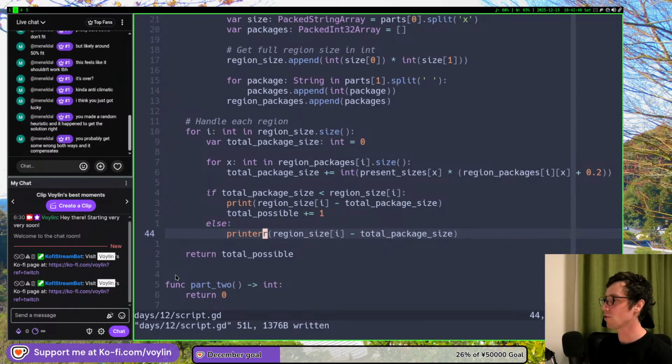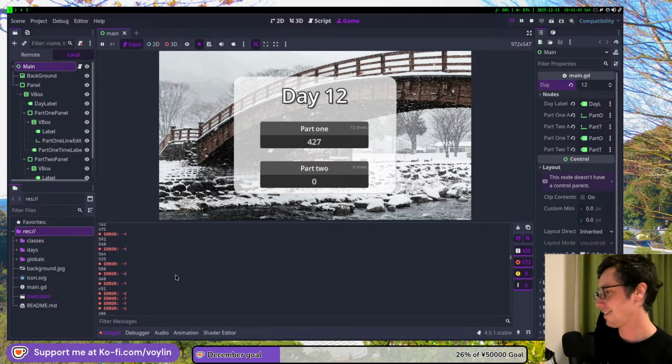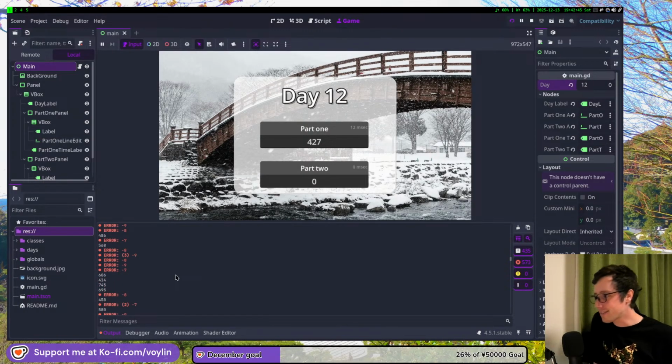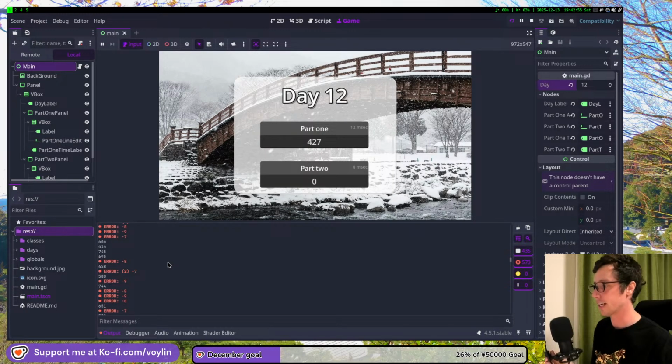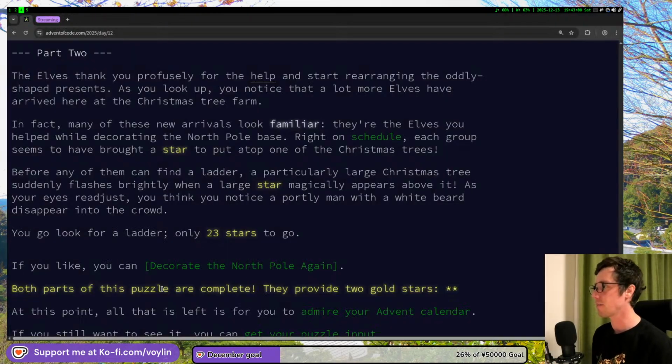You probably get some wrong both ways and it compensates. Yeah, no, if I look at this, if it was correct, it's really correct, because there are at least 400 extra spaces left over. I could have fitted a lot more blocks inside of them. Like, a lot more packages. If you look at the package amounts,